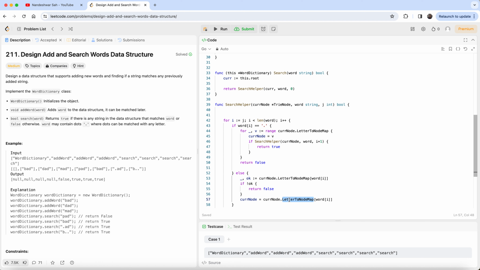So this is the current letter, word[i], that exists there. In a map, this is the key. So for the B key we get another second node. The second node we assign to the current node. So the current node is in the second place. So the loop iterates here,